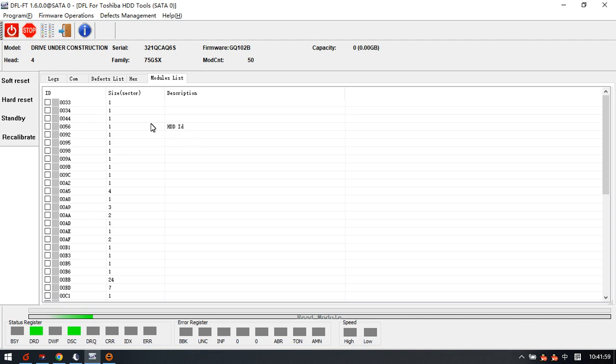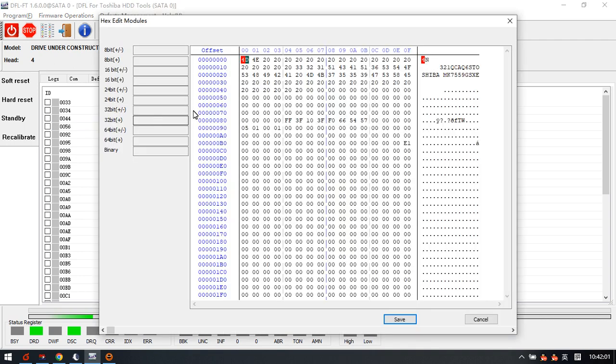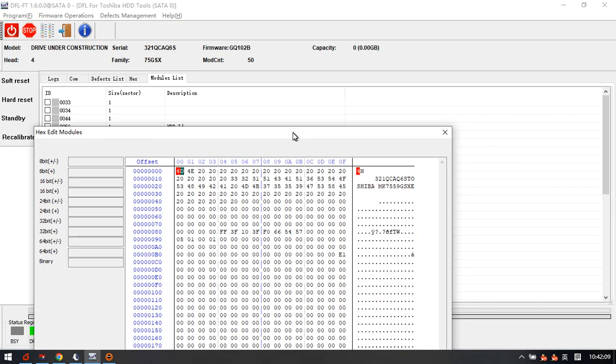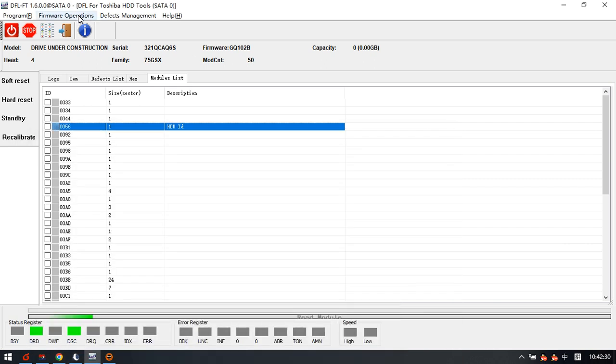Also, there is something like the hard drive ID. This is an ID module, and if users open this module, we can find this is the real model number. The model number is MK755LIGSXE. Okay, so we need to change the model number to this one too, and the SN number is